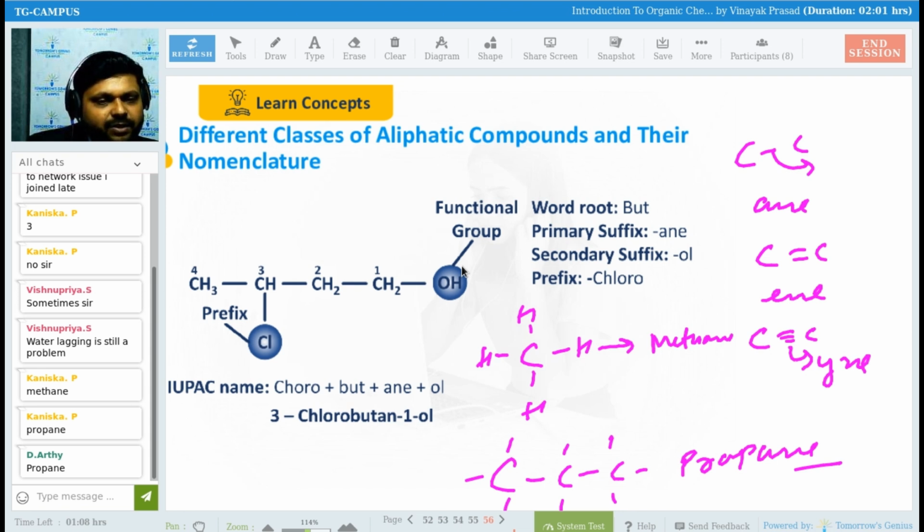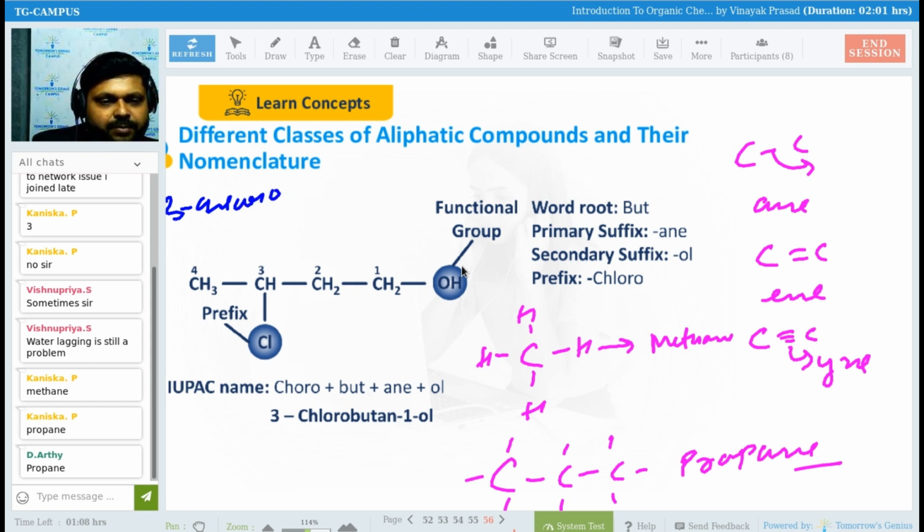So we will be counting the carbon chain from where the main functional group is attached. The main functional group is OH, and Cl comes later in the priority list. So we will be counting our carbon from here. So 1, 2, 3, 4. Is it okay? Fine, everyone. Now, at the third position, chlorine is there. So we'll say 3-chloro,